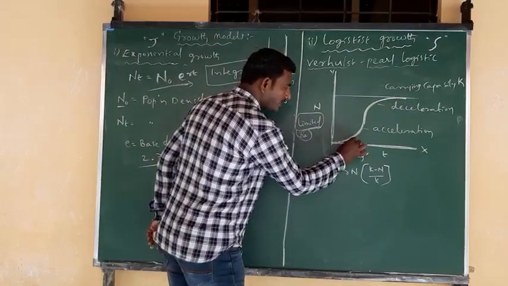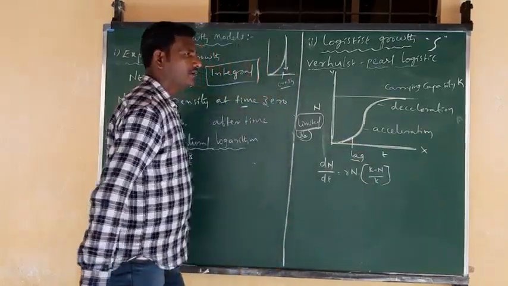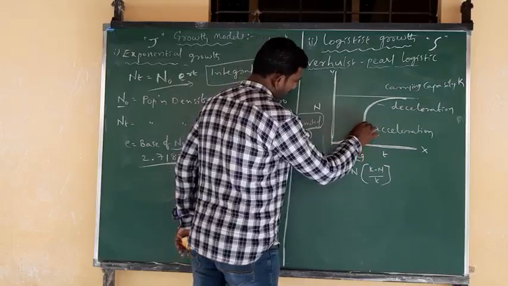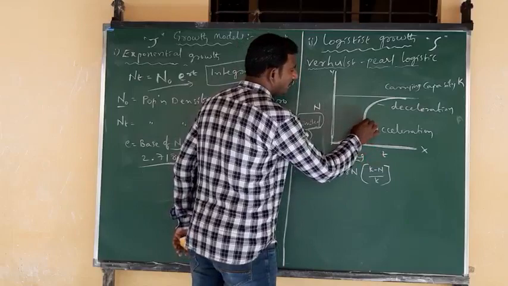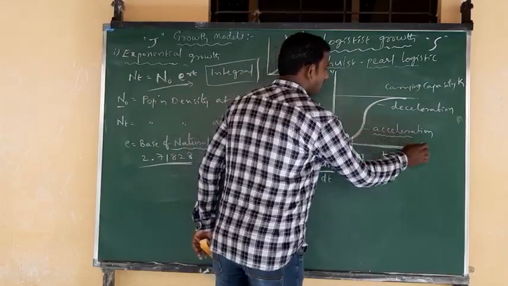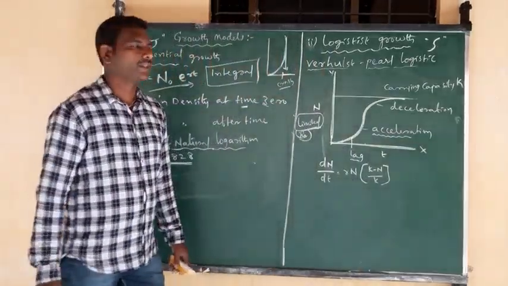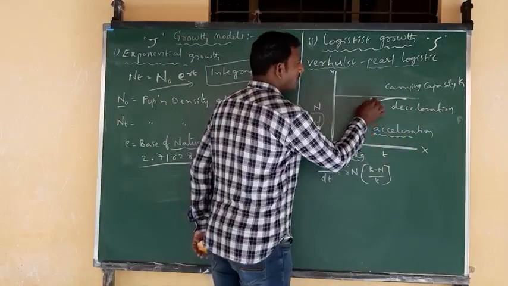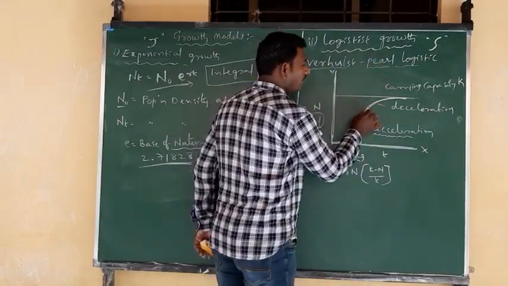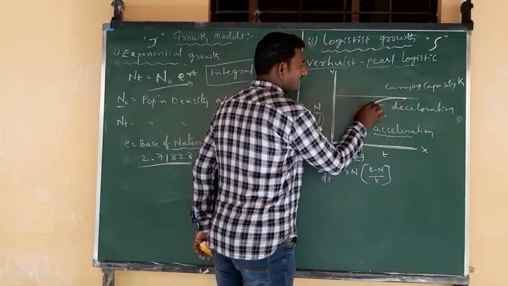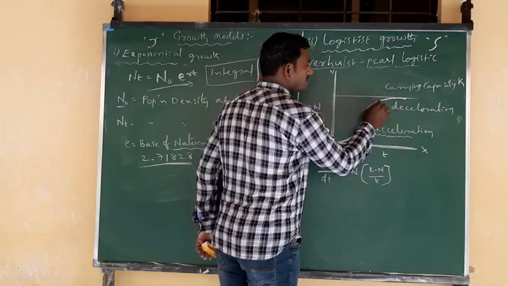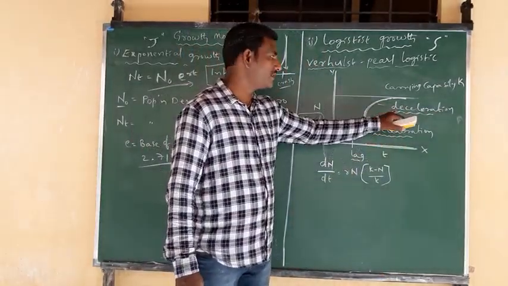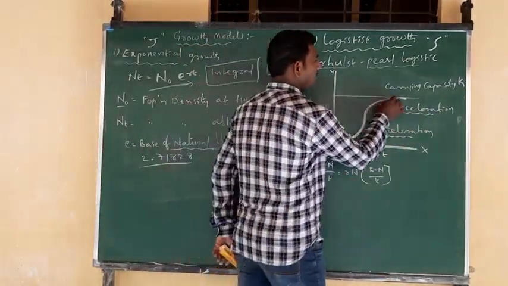Here the population starts to increase. That starting point we term the lag phase. Once the organisms pass this lag phase, within a short period of time their number is going to increase. That phase is called the accelerated phase, the phase of acceleration. Soon, the population density increase does not continue beyond a particular level. As the population growth slows toward normal, this phase is termed deceleration. Lag phase, phase of acceleration, phase of deceleration, and finally they continue like this.